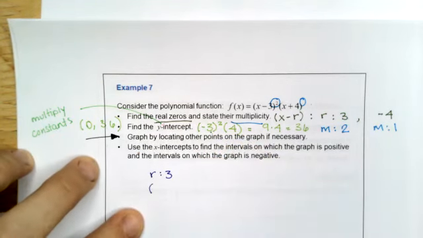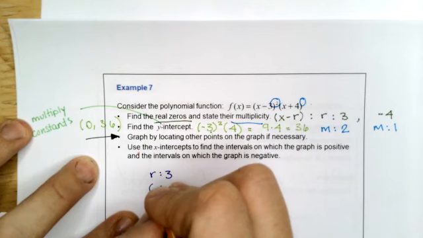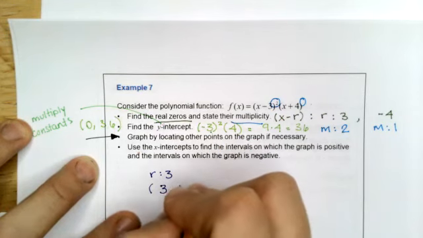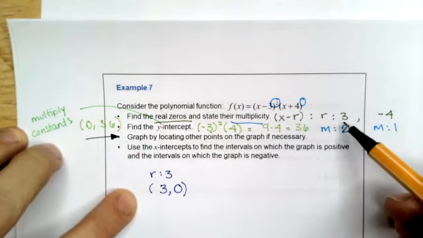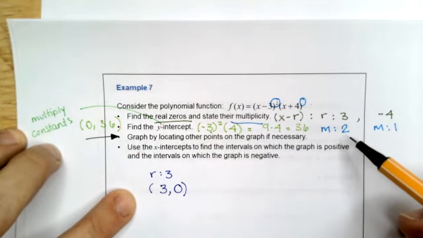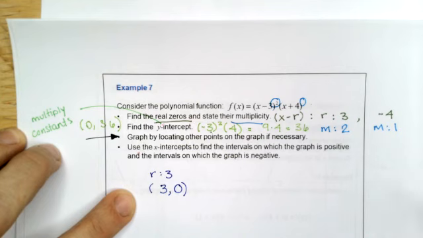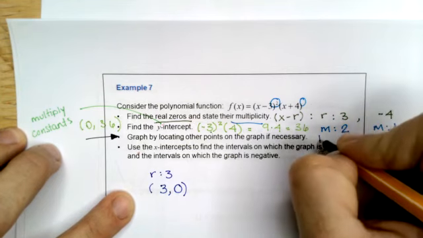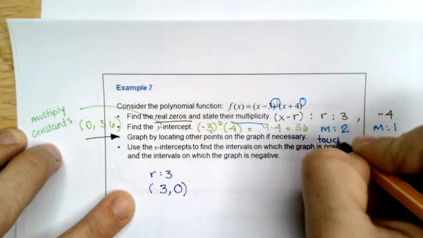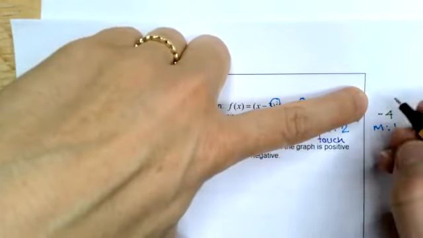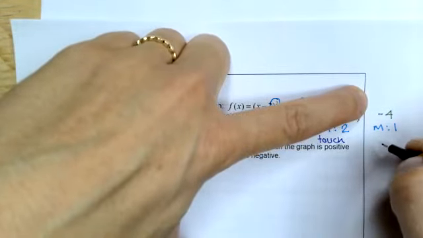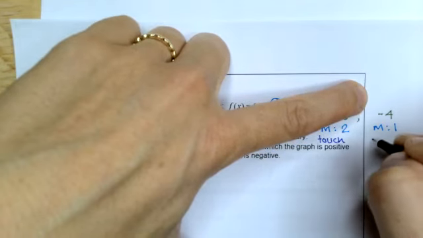When the real zero is a positive 3, that means it's going to cross the x-axis at (3, 0), right? And it was a multiplicity of 2. Remember, a multiplicity of 2 is an even multiplicity, so it's going to touch the x-axis, okay? An odd multiplicity is going to, what was the other one? Cross over it